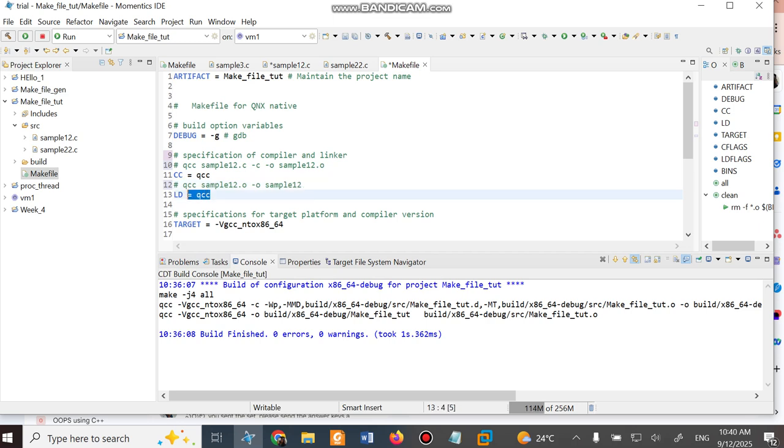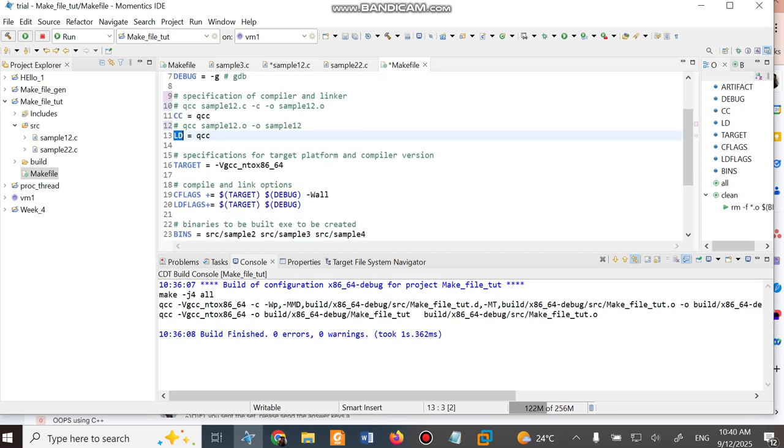So the linker will link the object file to the executable file, whereas with CC we are compiling and creating an output file called sample1.o, and -c says that you compile and create an object file only, not an executable file, whereas -o says that this is the output. So that is the meaning of selecting CC and selecting LD. First is the compiling and the next stage is the linking.